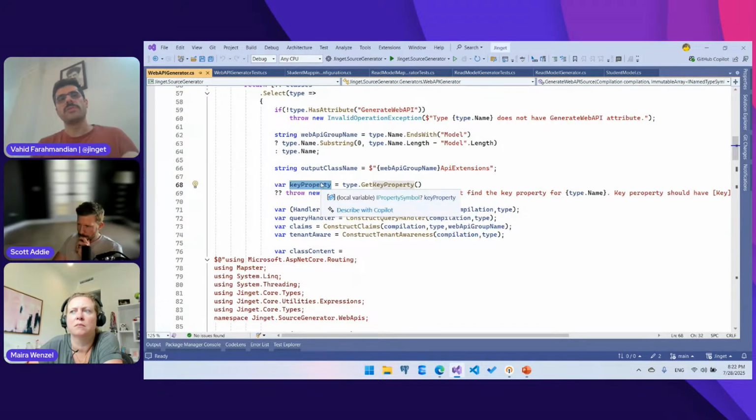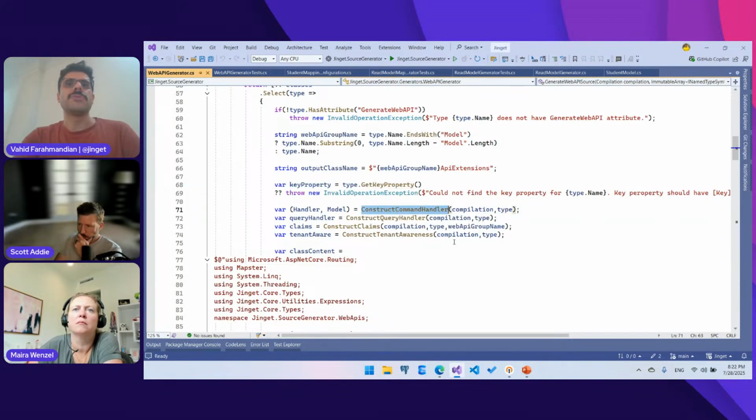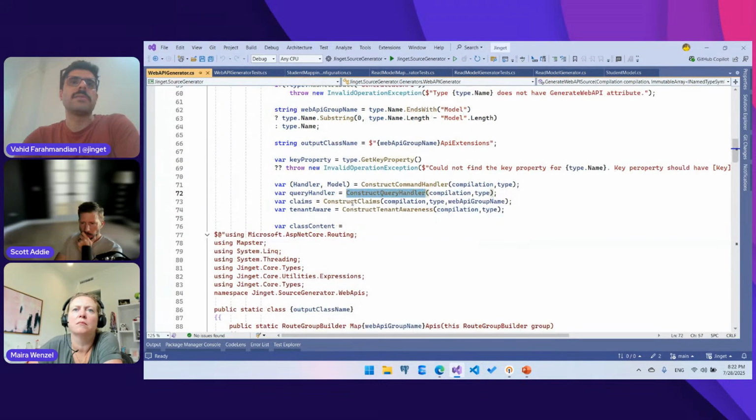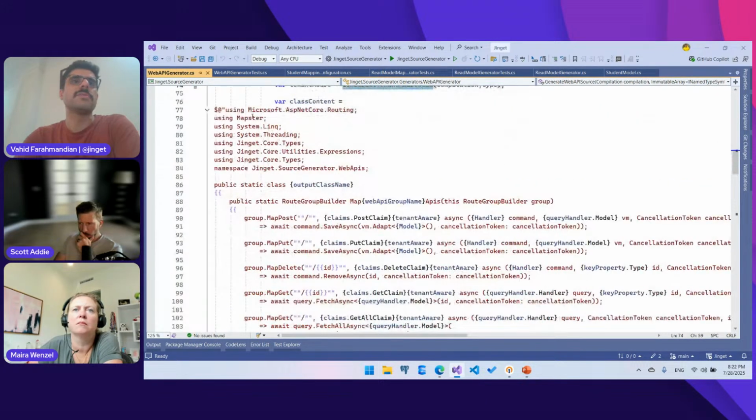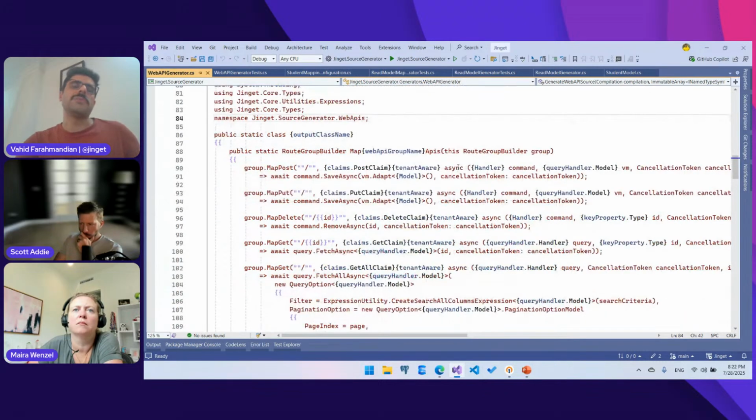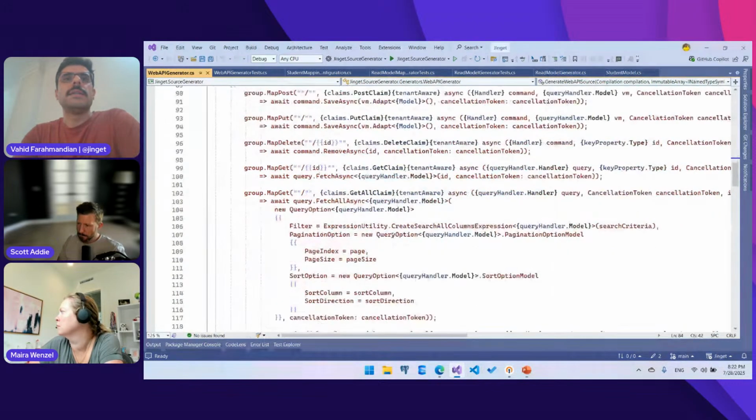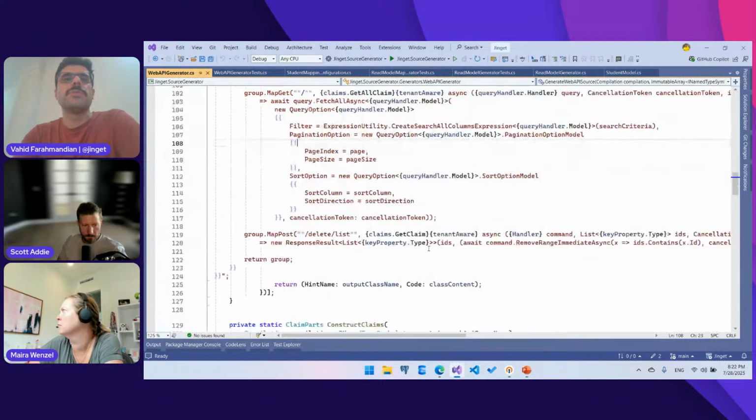The key property is important for me to create the Web API resources, which need access to ID arguments to filter a specific report. So I'm going to find the key property here. I'm going to construct the command handler, the query handler, construct the claim section, tenant awareness, and finally construct the final source code here. As you see, it's not very sophisticated. I think it's very important to solve problems as simply as possible, using the simplest available solutions. And here, as you see, we have the target source, which is going to generate based on our